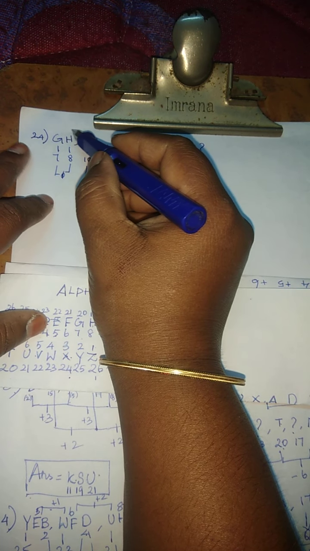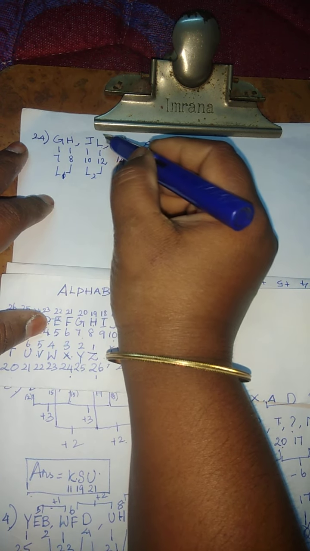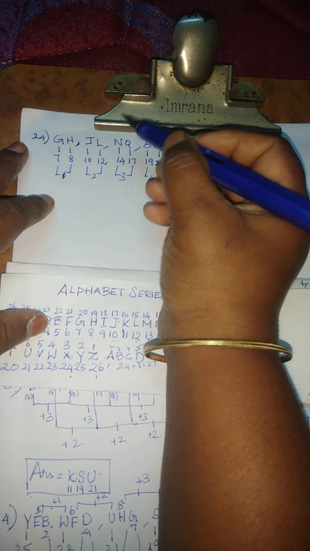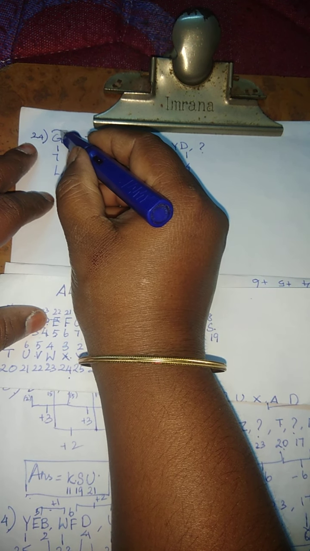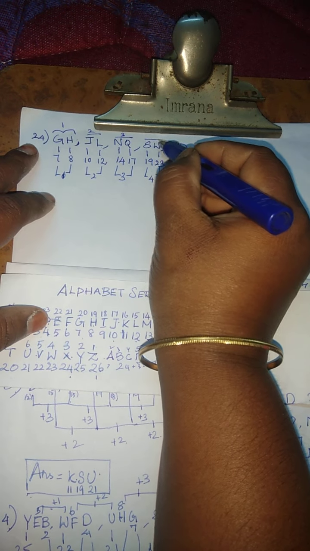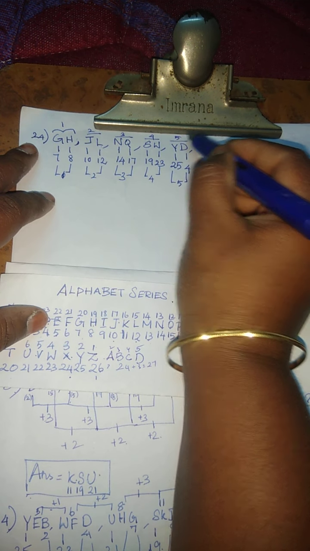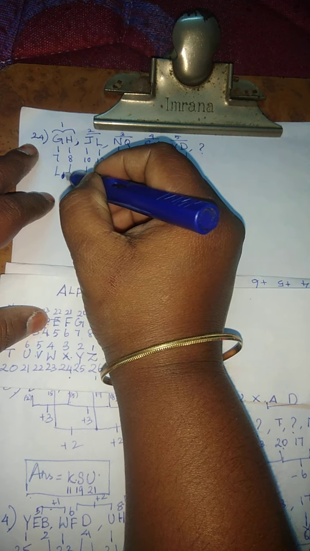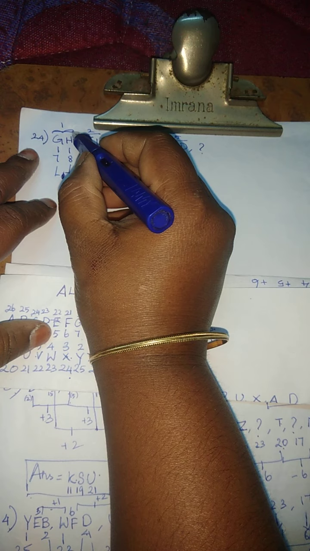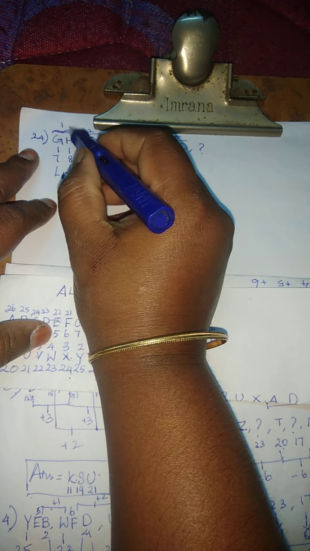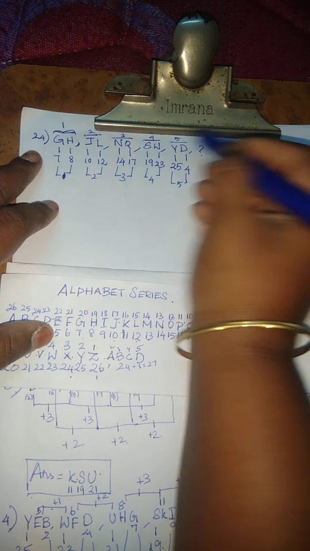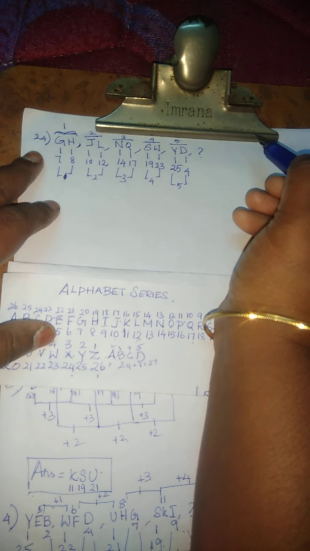And also, because they have given a comma here, we have to take this one as the first set, second set, this one is the third set, this one is the fourth, and then the fifth. Between these alphabets the difference is 1, 2, 3, 4, 5. But these two alphabets are taken as 1, this one as 2, next NQ as 3, SW as 4 and YD as 5.